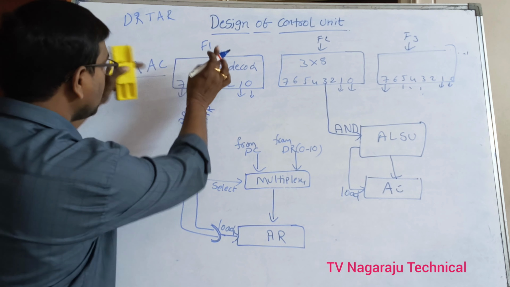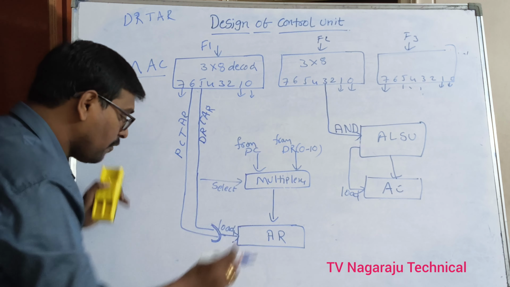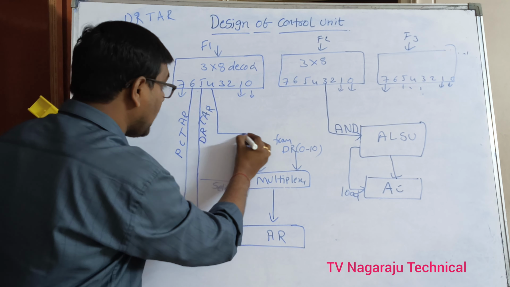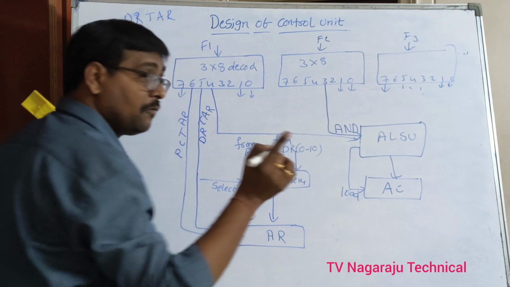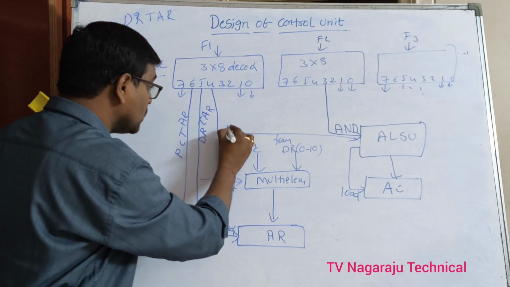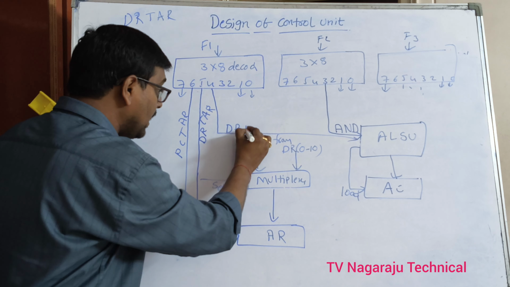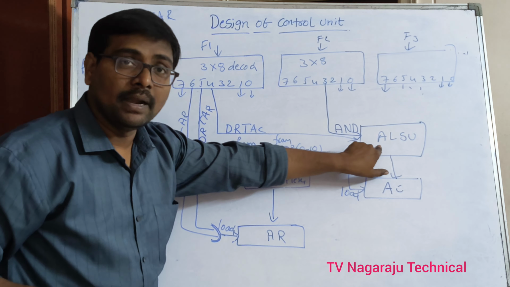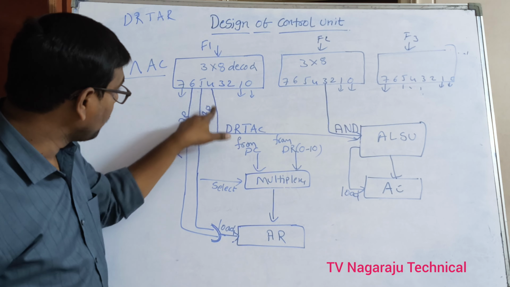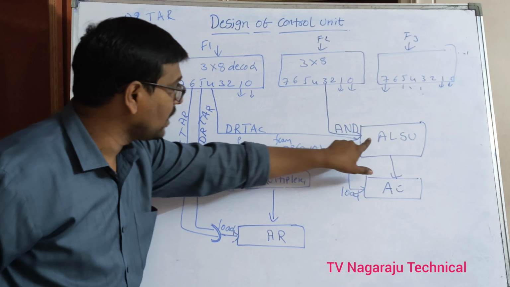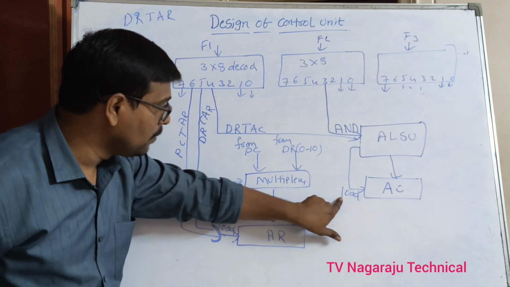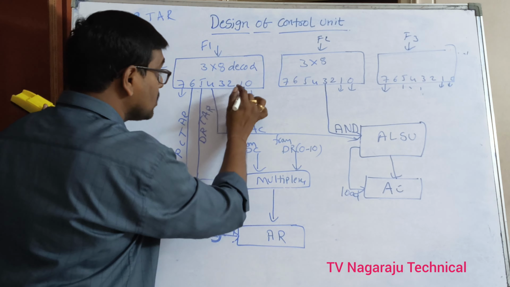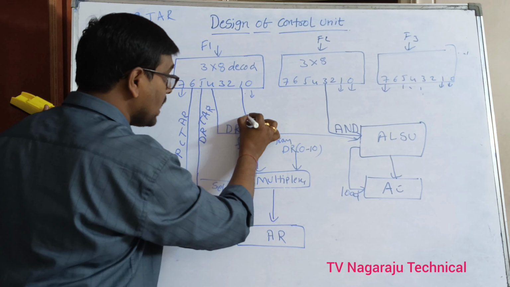Similarly, consider the F1 operation. In the F1 operation, we have 4. Whenever 4 is active, what does it do? It simply transfers DR to AC through the arithmetic logic shift unit. Whenever 4 is active, it transfers the content to the ALSU, and when the load input is enabled, it transfers the content to AC. Similarly, whenever input 1 is active,